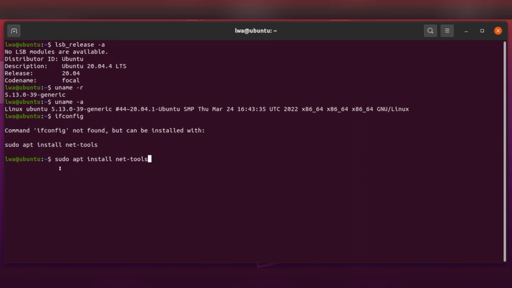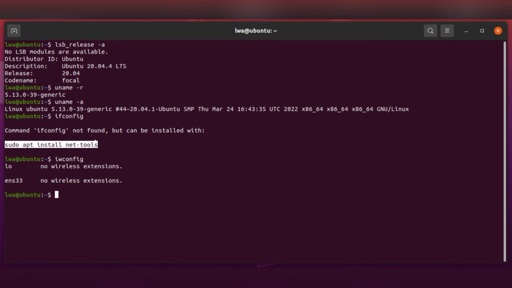And if we write here iwconfig, it will display the information about the wireless if connected. So you will try this command and install ifconfig and then check for your